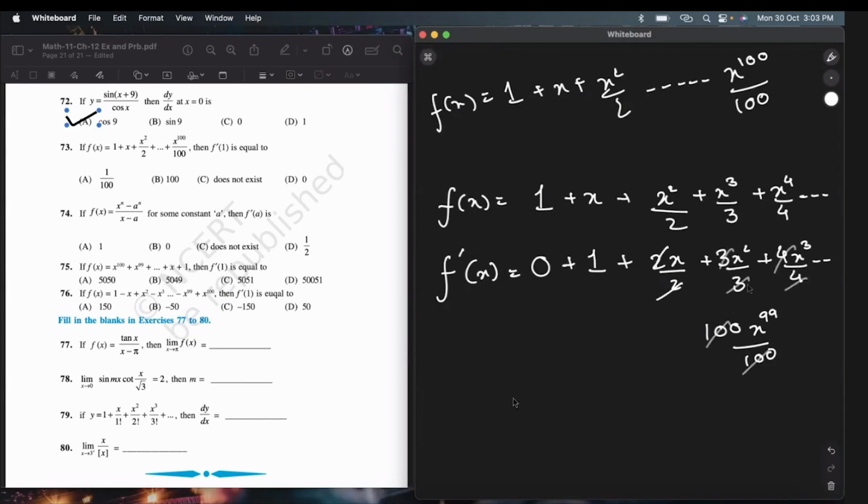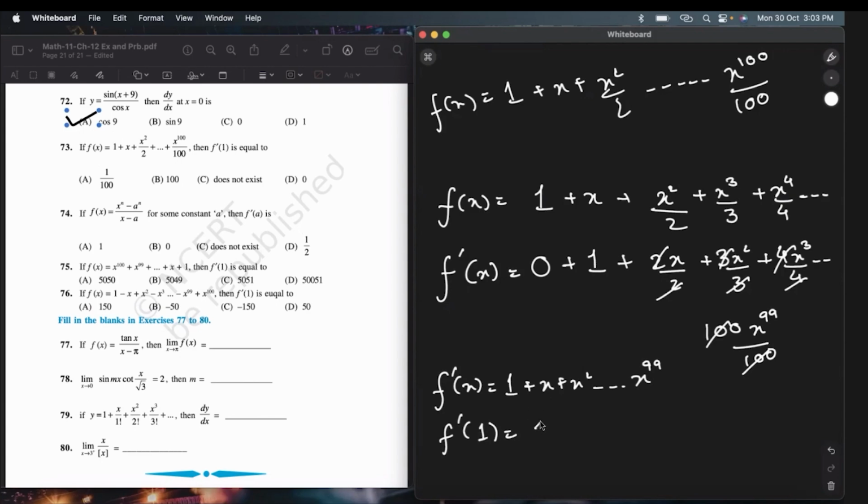So what is my f'(x)? If I write it, it is like this: 1 + x + x² till x^99. Alright. So if I put the value x = 1,